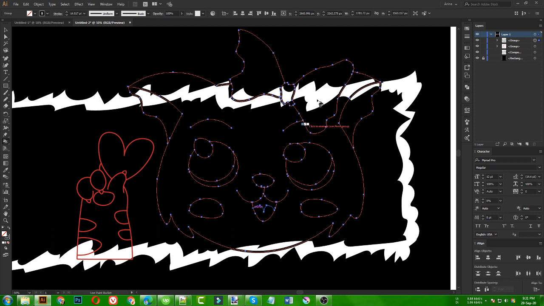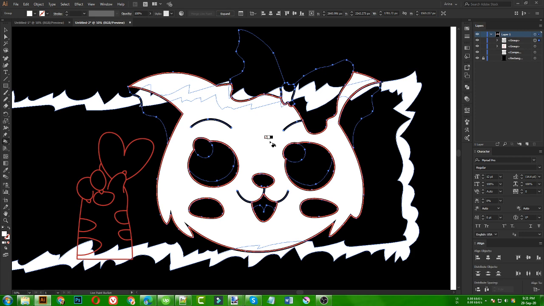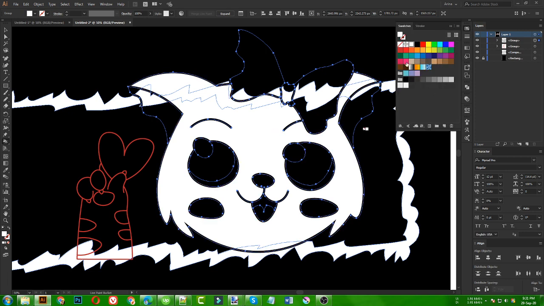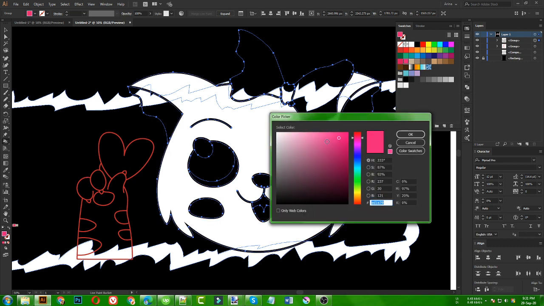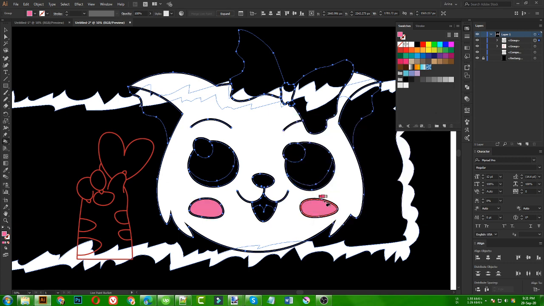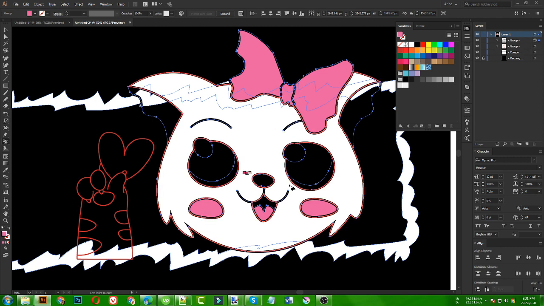Now I need to fill these areas with white. So I am pressing Alt on my keyboard, it will bring this eyedropper tool. If I click here, it will sample that white color. If I click here, it will fill this area with that white color. So this is the main point of my design. I am going to use some more colors like this hot pink maybe, but not in that much amount, just a lighter version for these areas, because this cheeks area represents the blushing of that cat. So I am going to fill these areas with this color, because this is the headband here.